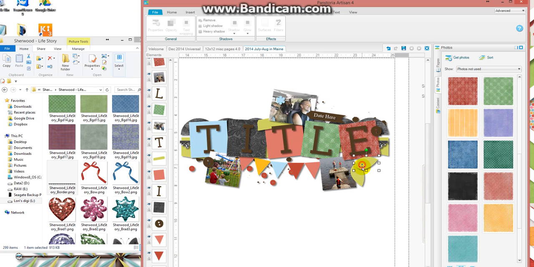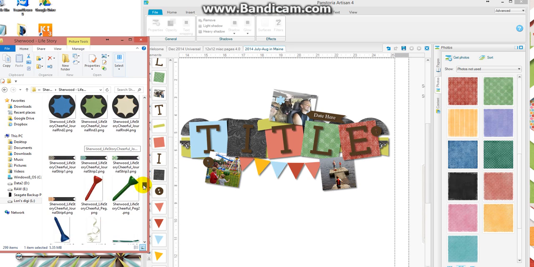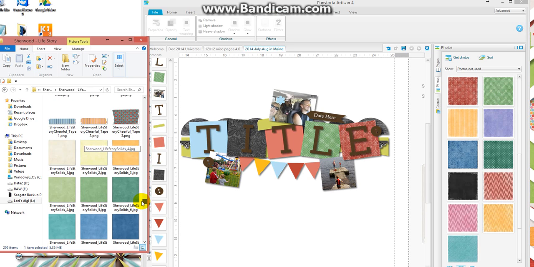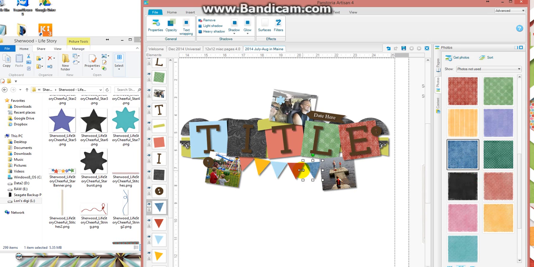Most of the time, I will take off some of the extraneous elements that I know that I will fill in with just pieces straight from the kit. There's no need to take the flower and add a paper to it and change it when I've got so many beautiful flowers and different pieces here that I probably want to bring in. In fact, I could bring in this star banner and get rid of this entire banner. But one fun thing about these banners that come in pieces is I can actually fill every piece individually and build myself a nice looking banner all on its own. So many different choices with that. But you can see I'm just